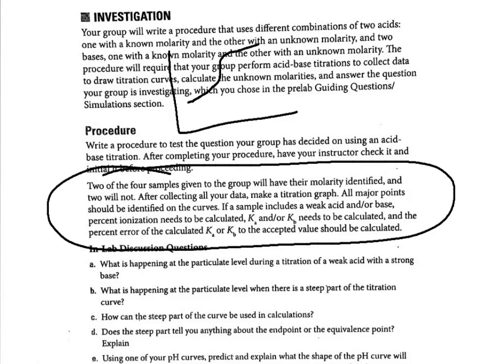definitely label your equivalence point. Okay, and your equivalence point would be kind of in the middle of your steep curve. So that was not a great circle, but in the middle of your steep curve is where your equivalence point would be. Okay, I want you to label the beginning point of the titration. Obviously right here. I want you to label your last point of your titration. Those are easy, and then I want you to label also the point in the titration